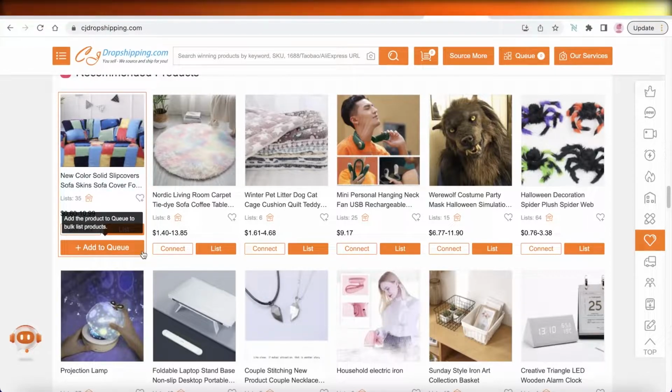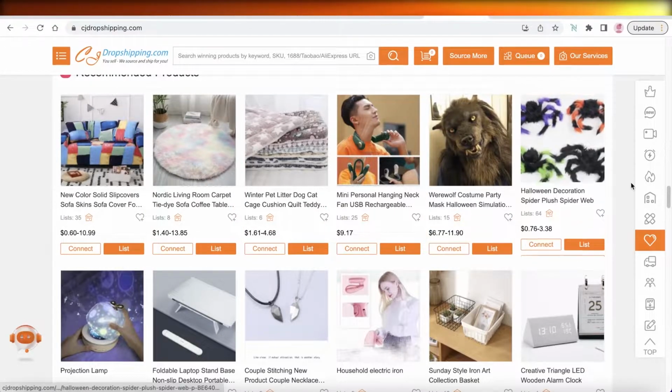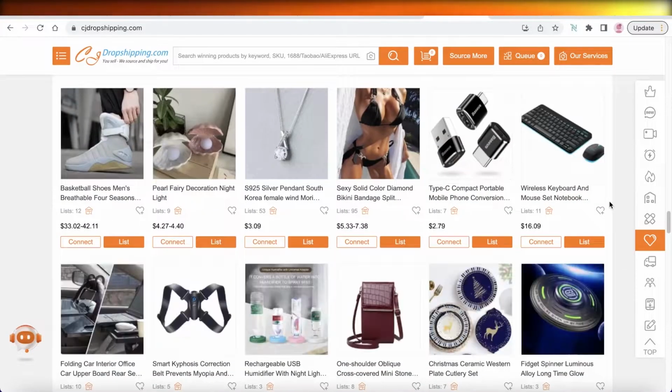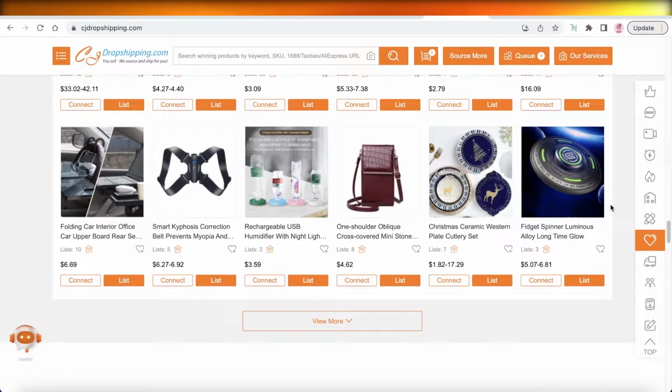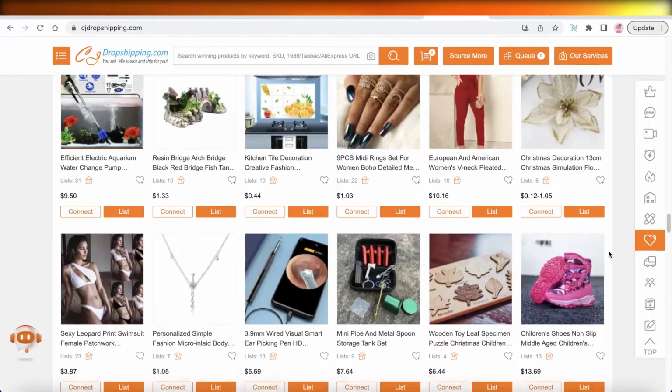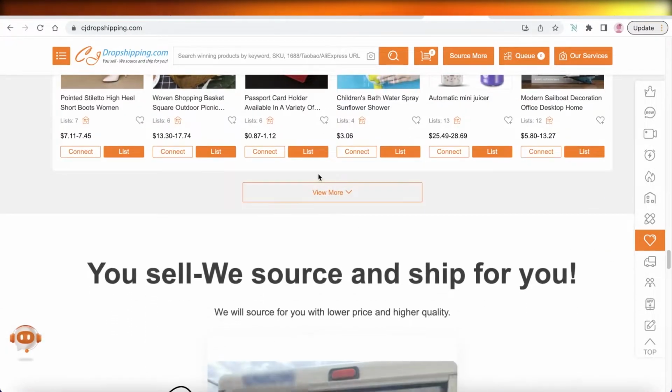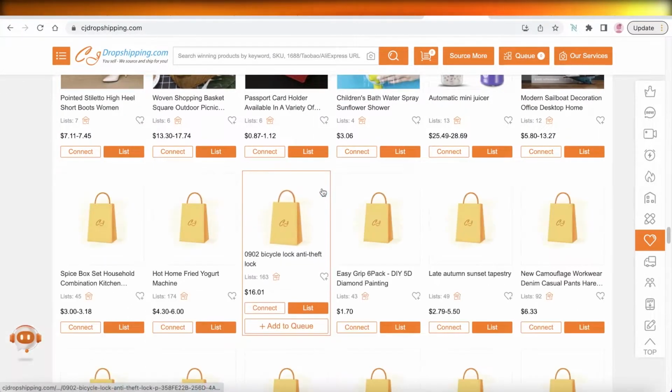So now, taking a look at products, there are multiple different channels that you can go for. The first thing that you need to do is to choose the niche. So what is the kind of store that you want to create? Do you want to create a home and lifestyle store? Do you want to create a fashion store? Do you want to create a dog store, like a dog accessory store? So what is the goal? What is going to be the niche of your e-commerce store before you get started with dropshipping? Once you choose your niche, then you can choose your product.